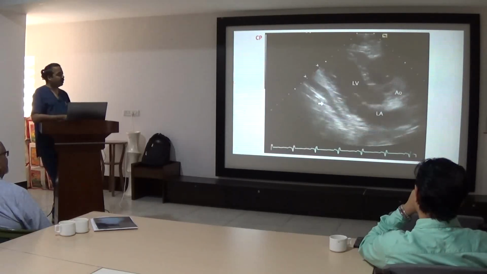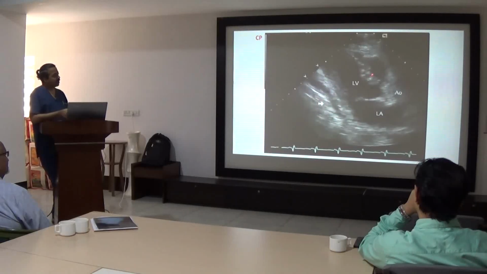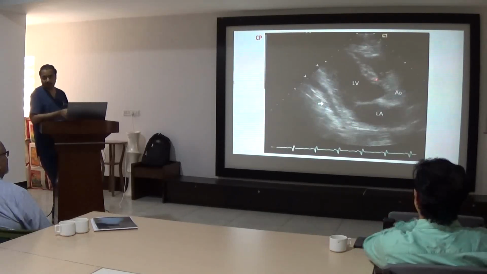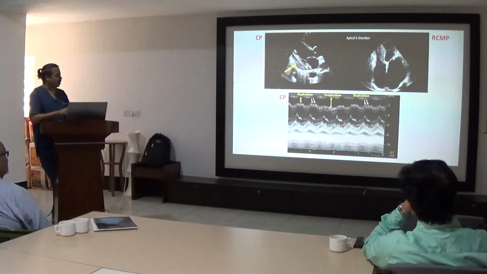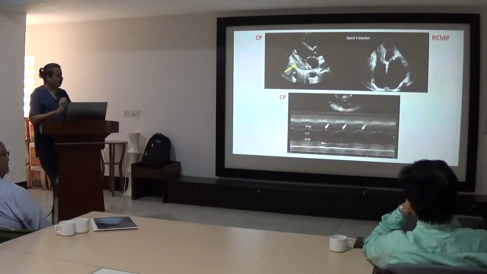This is not normal. This jerky movement can occur because of LBBB also, but LBBB does not give rise to the kind of motion which is more towards the LV in inspiration and towards the RV in expiration. So this jerky movement with inspiratory movement of the septum towards the LV side and expiratory movement toward the RV side is diagnostic of